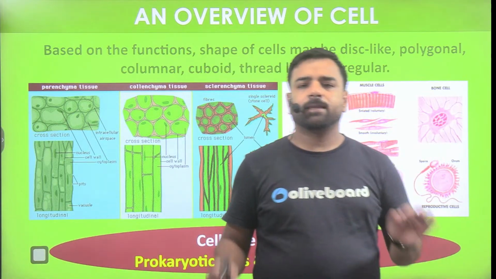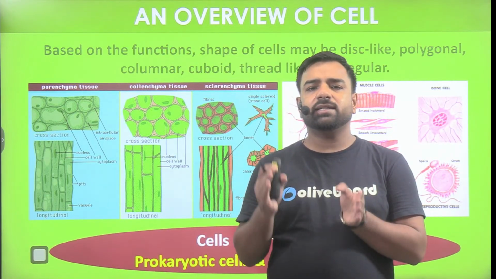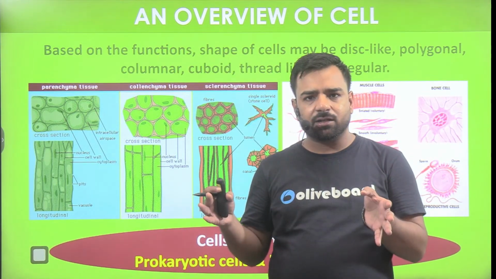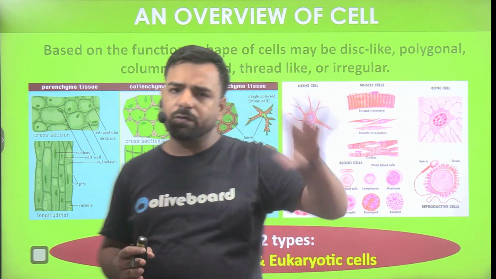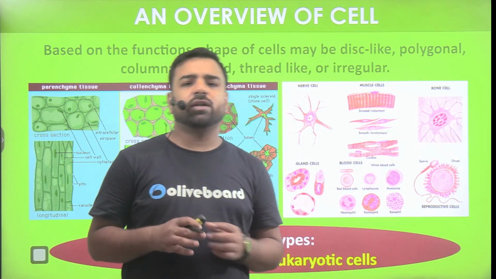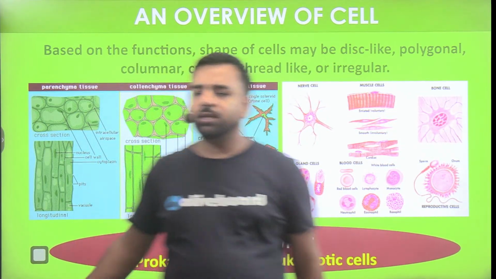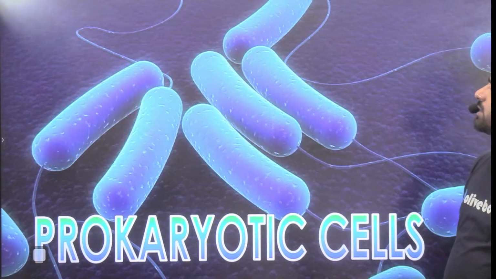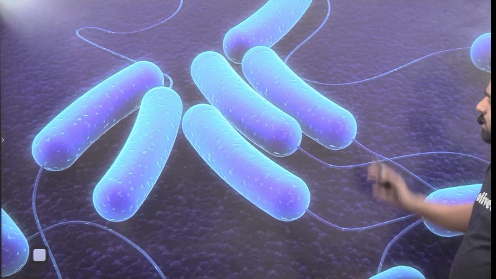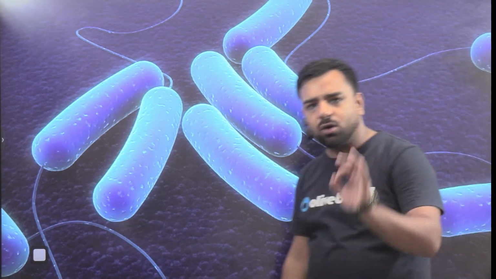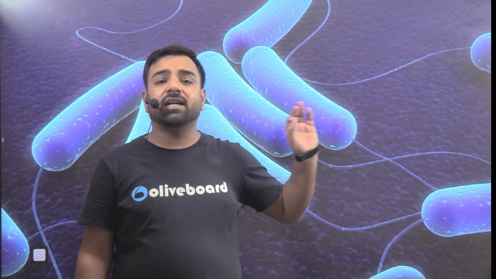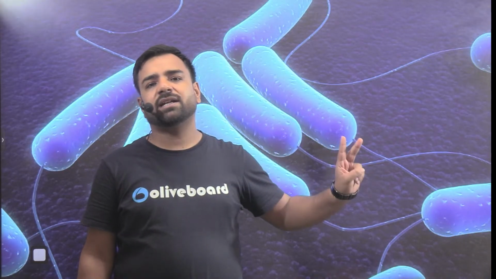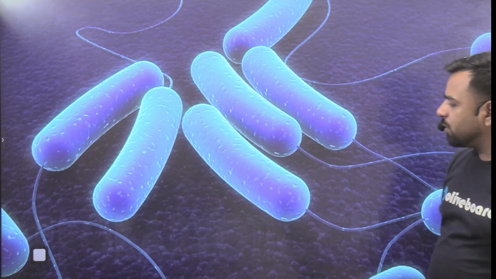So now we have completed the starting of the chapter where the introduction is completed. Now it's the time to proceed with the prokaryotic cells, where we just need to go with the overview again, and then we'll understand the eukaryotic cell in detail. So first of all, let's start with the prokaryotic cell. These are the cells which are not fully developed, as discussed 5 minutes before. Here you can talk about the kingdom Monera, in which mycoplasma, bacteria, PPLO, all of them are here. So it's the time to understand prokaryotic cells.